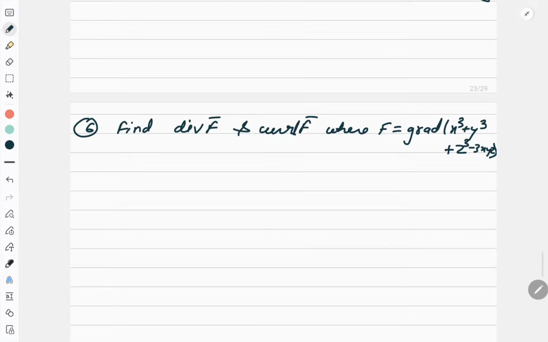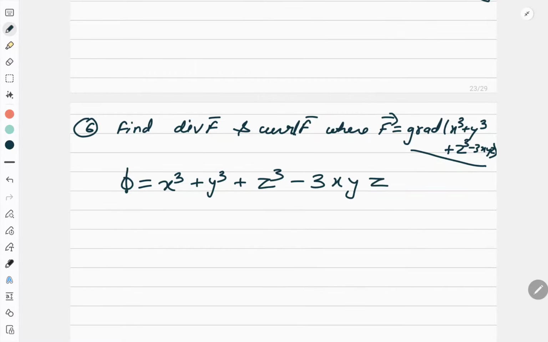Again, this type of question is very, very important. When they ask you to find the divergence and curl of f, where f is the gradient of some other function, you can evaluate all three things together, so this type of question becomes very important. The very first step is to define my f: I need to find the gradient of the given function. So first, what is phi? Phi is x cube plus y cube plus z cube minus 3xyz. And when the point is not given, it usually looks messy because so many terms will be there, but anyhow we have to do it.